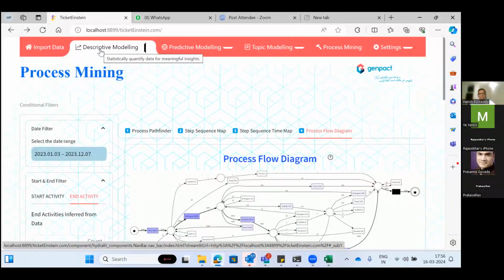with no investment. The customer does not have to invest anything, not even a penny. All he has to do is share the data, and we will give all the insights back to him. From the LDT point of view or the quality point of view, we are bringing more value to our customers and stakeholders.